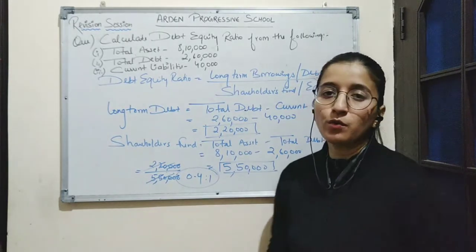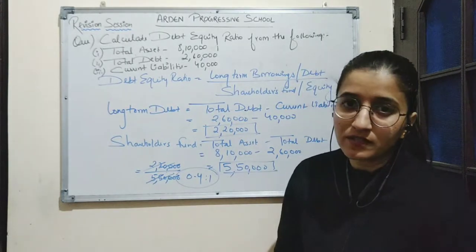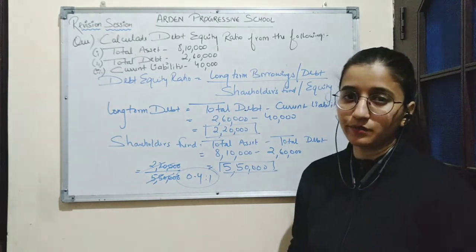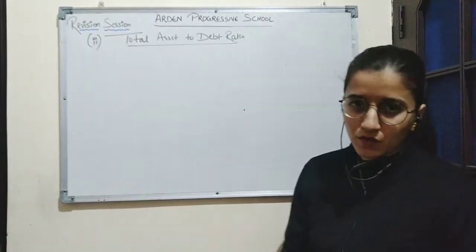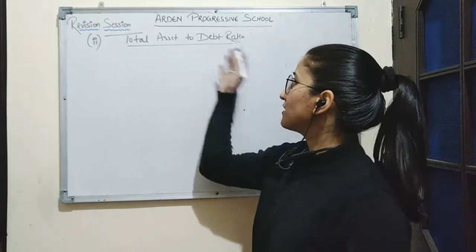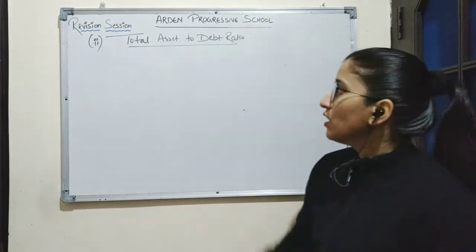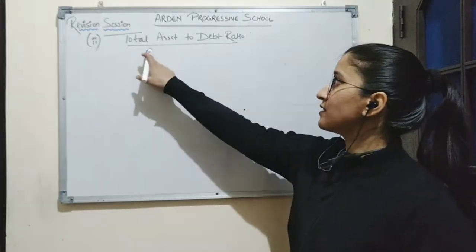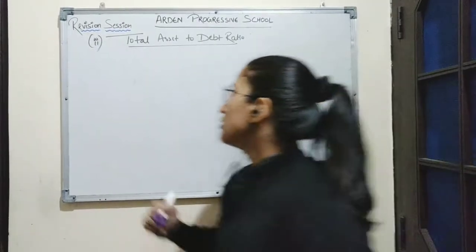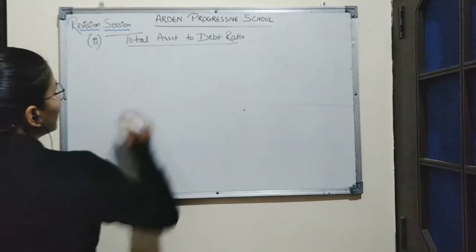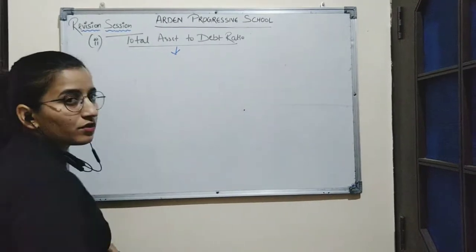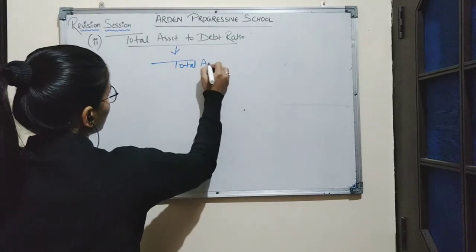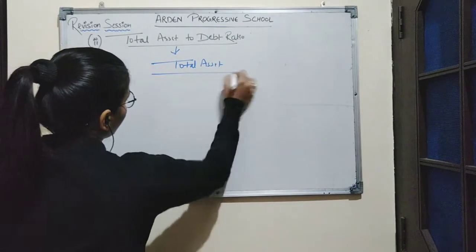Now we will move forward with the second type of solvency ratio, which is total asset to debt ratio. So this ratio basically expresses the relation of total asset to debt ratio. So formula for calculating total asset to debt ratio is total asset divided by